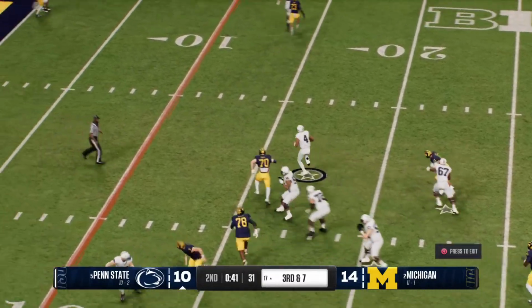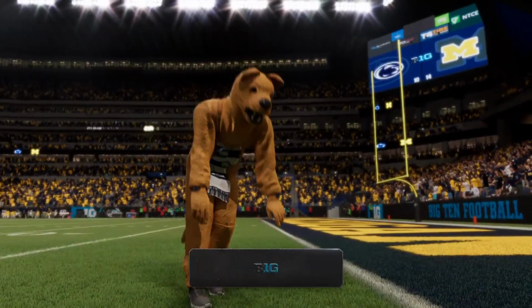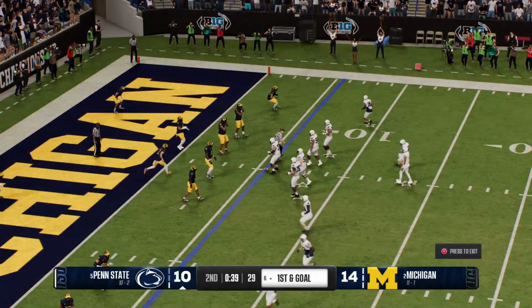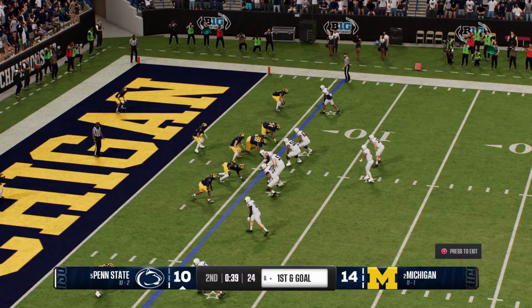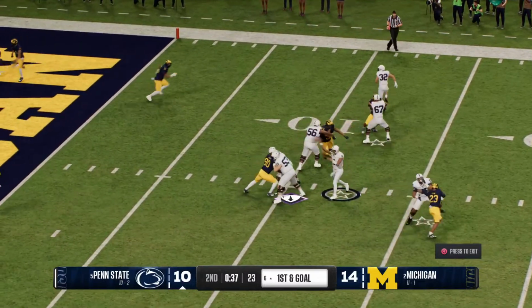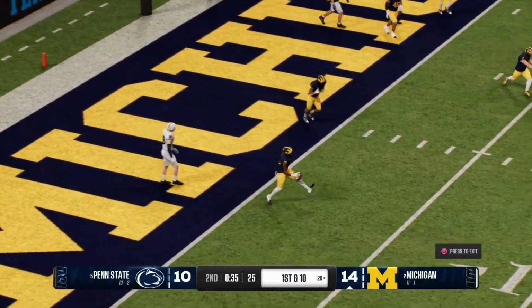Quarterback leaves the pocket on the move now. He'll avoid the big hit with the slide. The offense will quickly spend a timeout here after the play. 1st and goal. Great chance to take the lead before halftime. Quarterback drops back. Launching one to the end zone. Intercepted in the end zone.